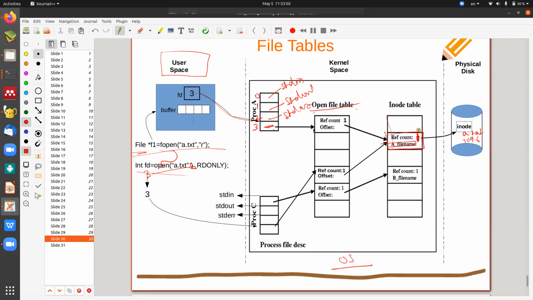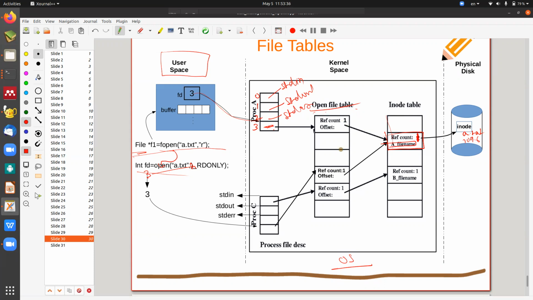Now what I relate this with fork, if you don't understand this, you will not understand the fork part. What is it? It has opened this file first. During the open, if this entry is not there, it has made an entry. And how much did I change the reference count to? I have made this reference count to be 1. Since the reference count is 1, now it is also maintaining one more.